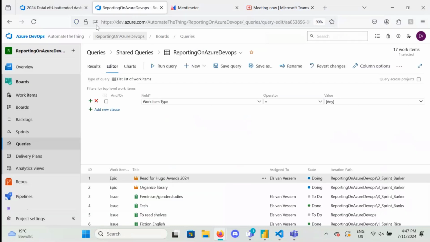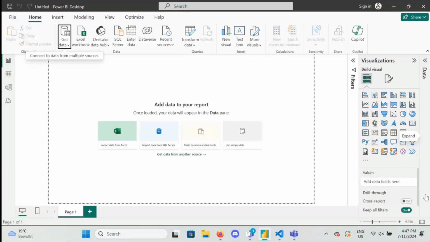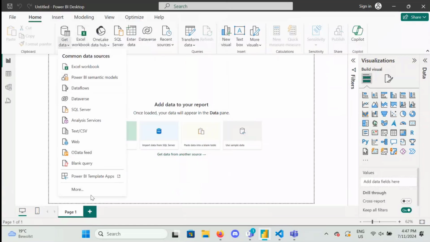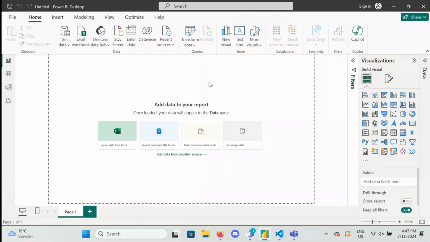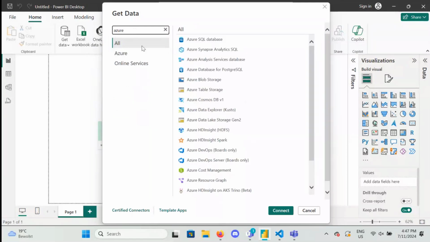So we want more fancy things. We want more fancy things in life. So what will we do? We'll go to Power BI. Yes, we'll actually go to Power BI. If you want to report on work items, so just on the boards feature, you can get the data through a connector. So I tend to go here to get the bigger get data options. You look for Azure DevOps,